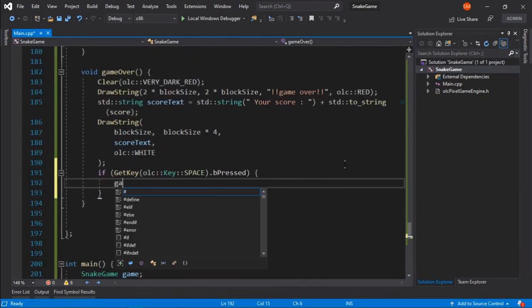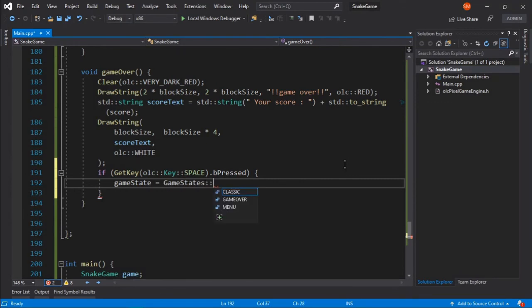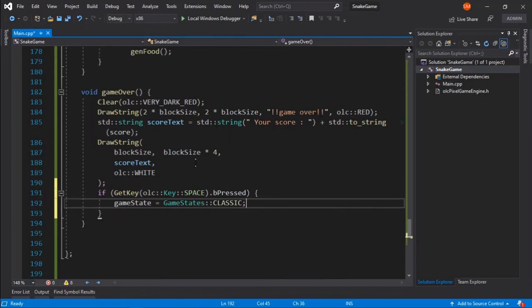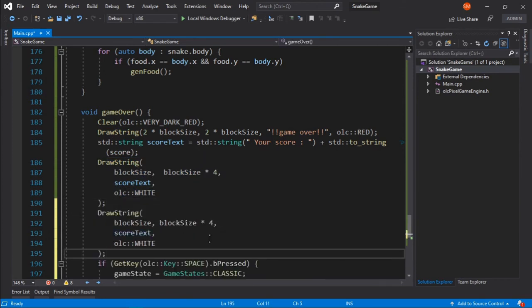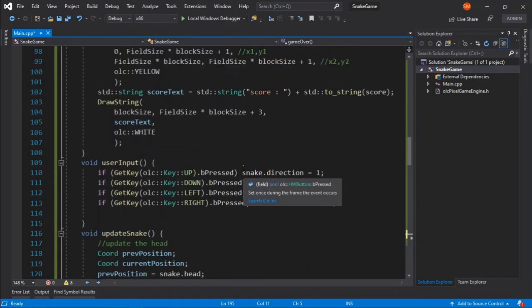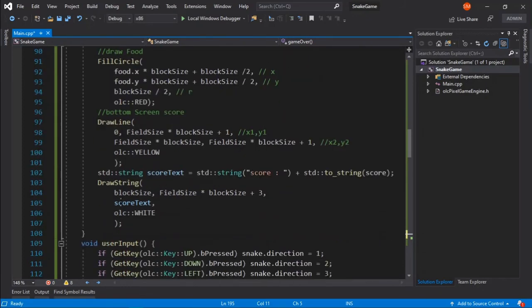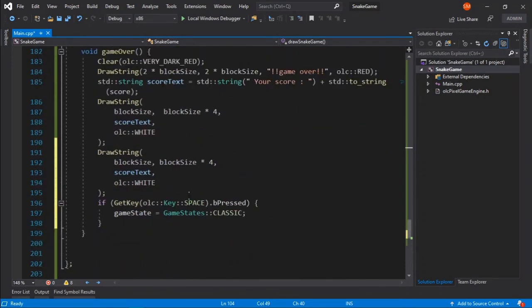Let's come here, game state is equals to game states colon classic, and we'll just give a string here saying. And this one I want to put at the end, so I will just copy the position from this one. Okay. And it will say